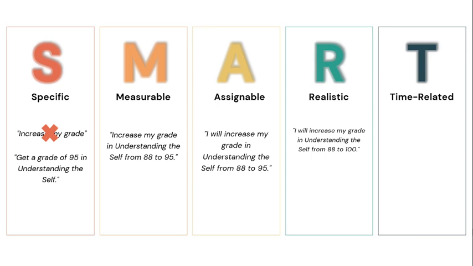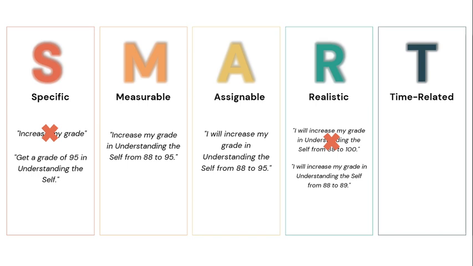So increasing your grade from 88 to 100 is too difficult. If you say, I will increase my grade in understanding the self from 88 to 89, that's too easy